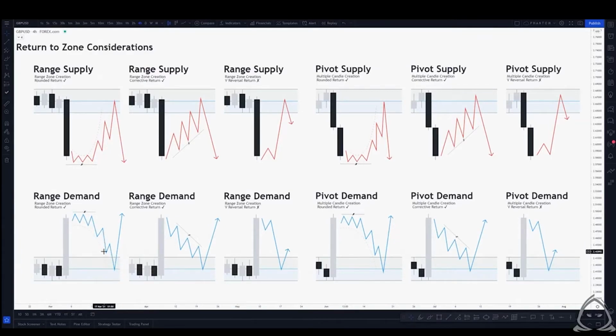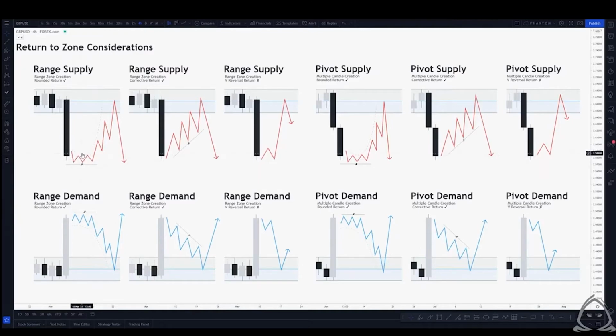When you're looking at it from an order flow perspective, basically what is happening is there isn't a lot of demand at these particular levels or supply at these particular levels to push price. So basically what's happening after we've had that rapid expansion to the downside for a supply zone, there isn't any more supply to push price further down. And what needs to happen is demand needs to step into the market. But at this particular price point, there's a little bit of confusion in the market and price is filling orders,